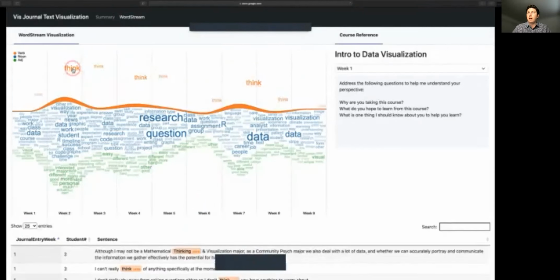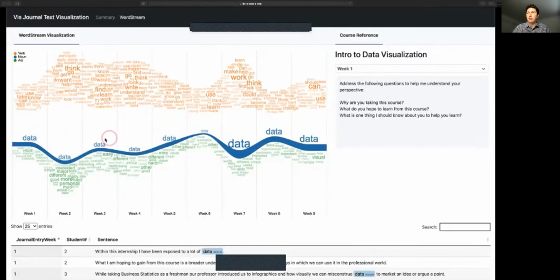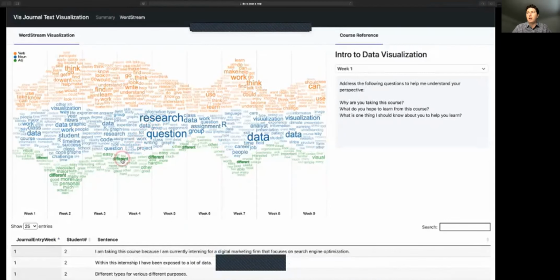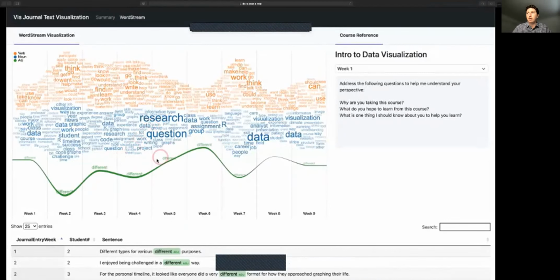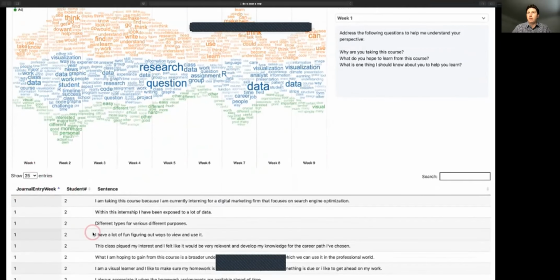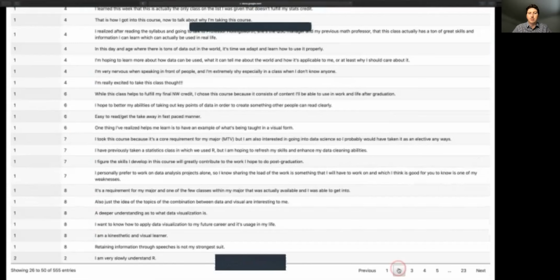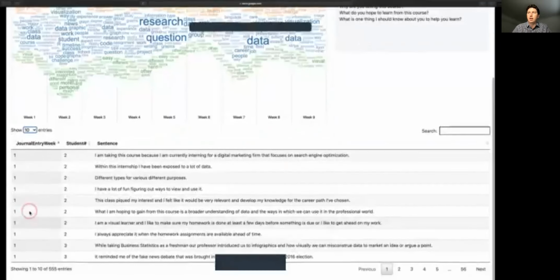So again, we can hover over and click on particular topics and see how those topics have evolved over time. And you can see certain words become more prevalent at different times. And here we also have the view of topic evolution and the student responses broken down by sentence level, which allows for them to be searchable